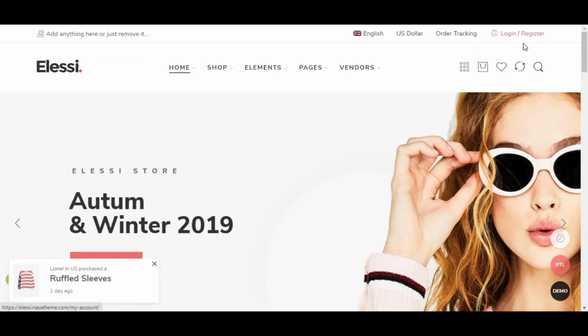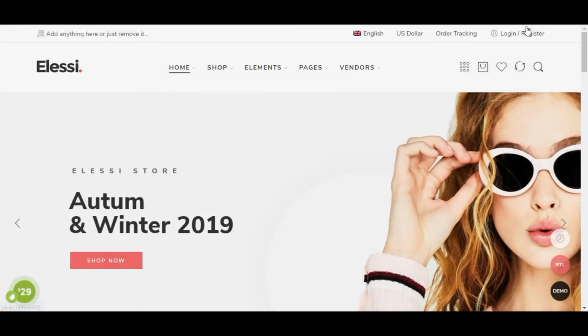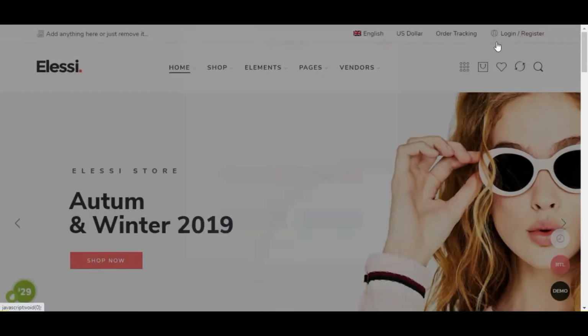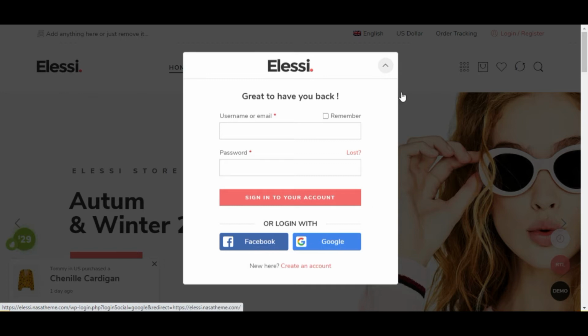form of this theme. If you click this link, you can see the user gets a nice login or sign up form on the current screen, instead of the default WordPress and WooCommerce behavior where users click the login link and are redirected to the account page of the website. And you can see here a nice close effect as well, and it also has support for social login. You can see here users can log in through their Facebook or Google account.